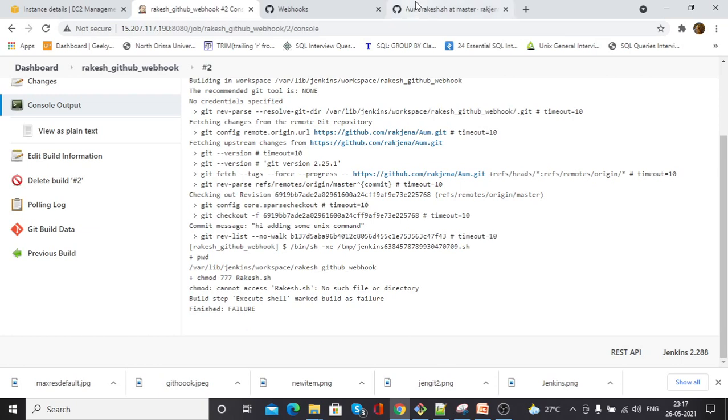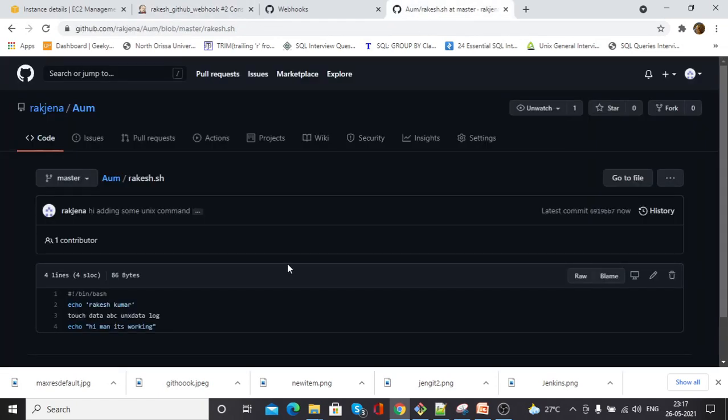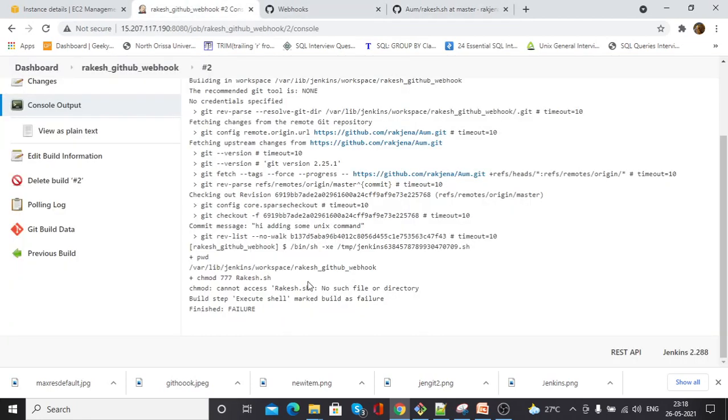Okay, let's see. Oh, I got it. Why is it reflecting? Because here the file name is rakesh.sh, but the r is small, and we put it capital, so that is why the build is getting failed.